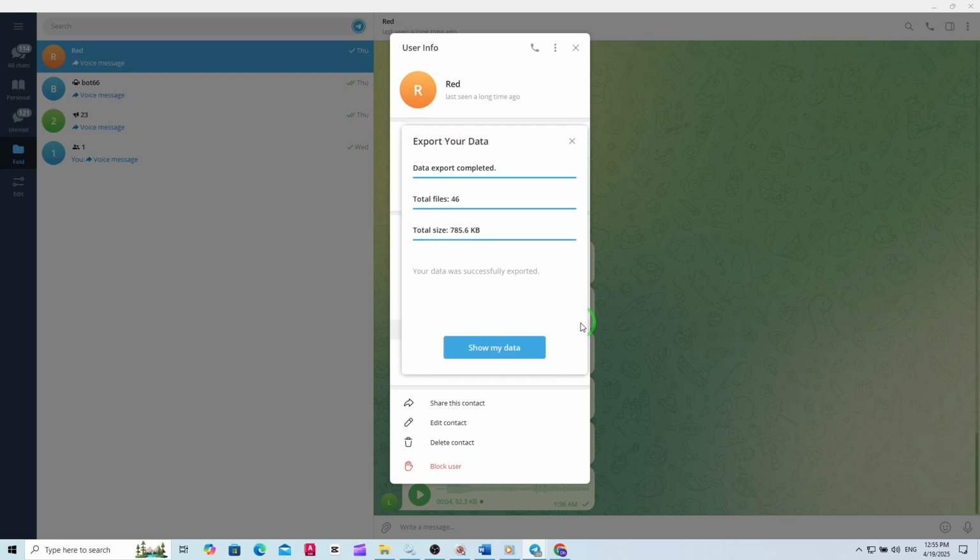That's it. You've now successfully changed the export path for your Telegram chat on PC. Your exported chat will be saved exactly where you want it, ready for backup,